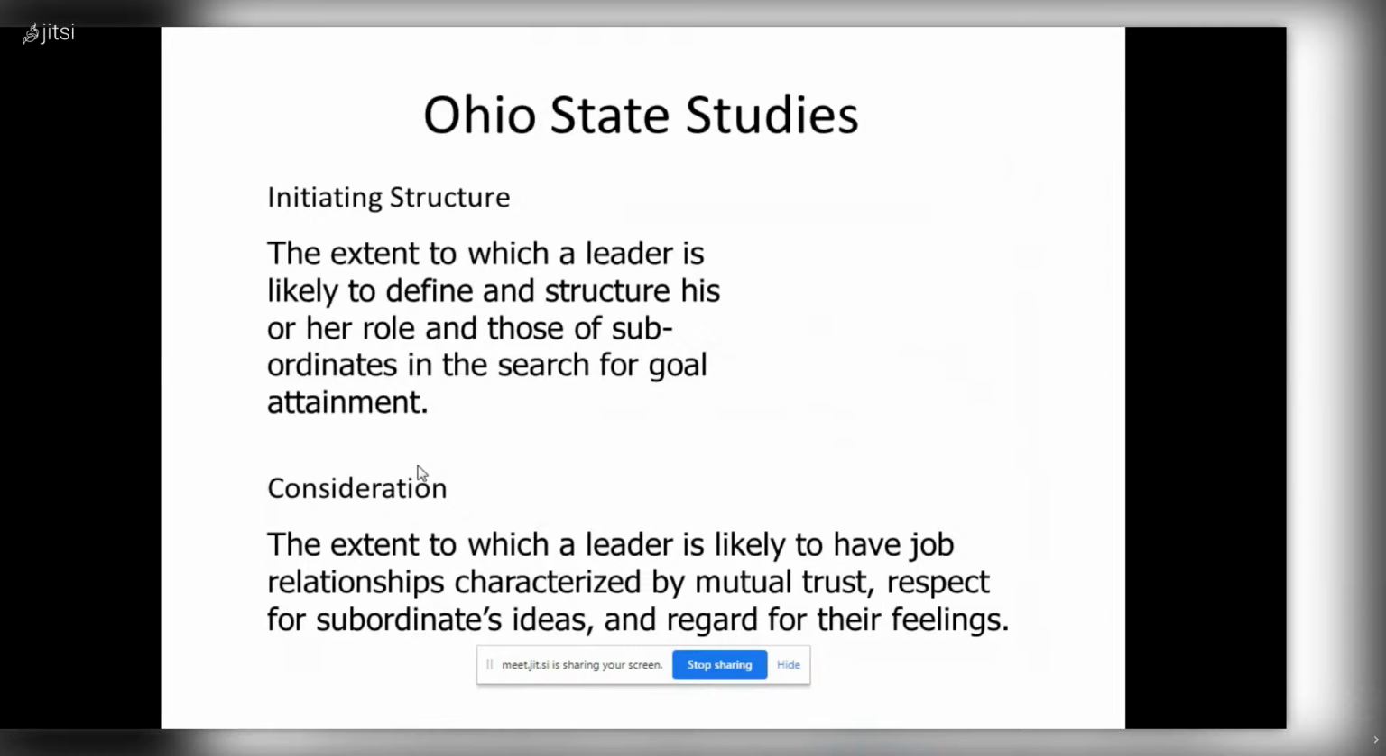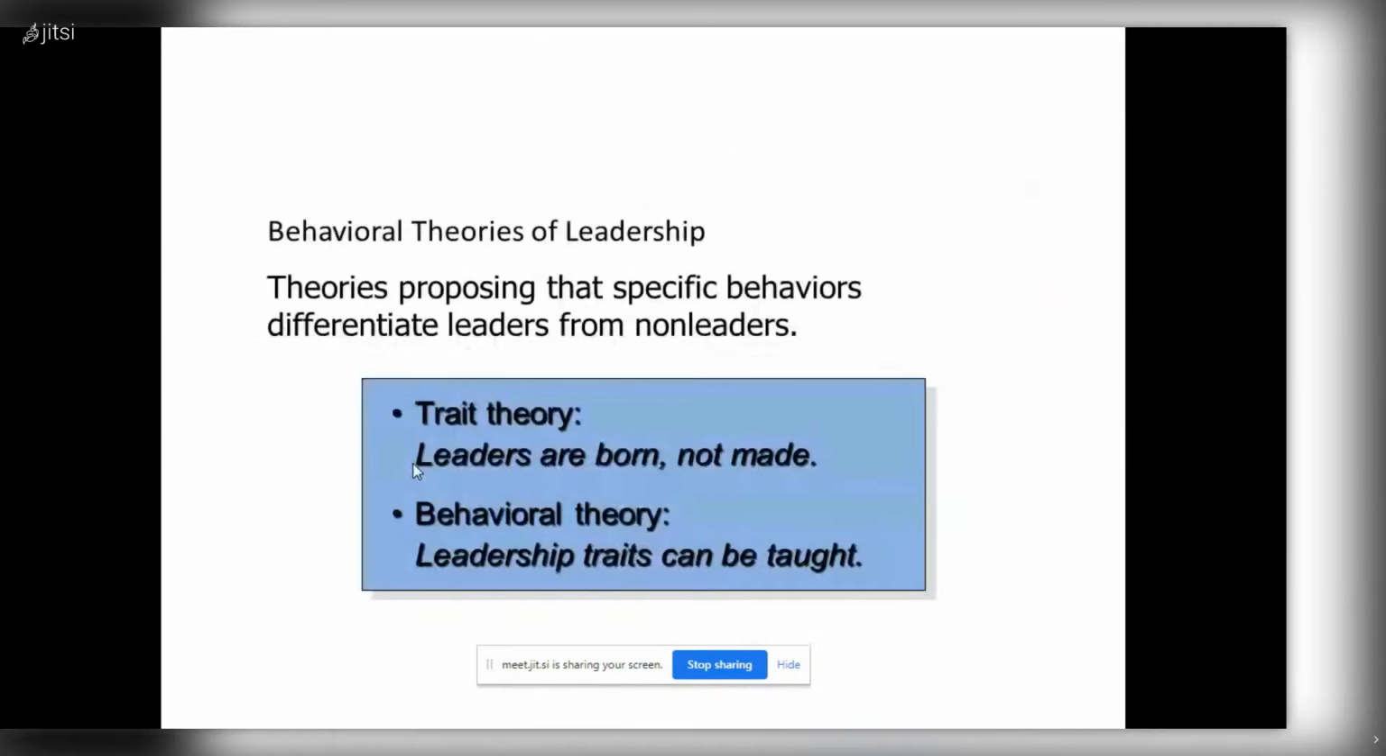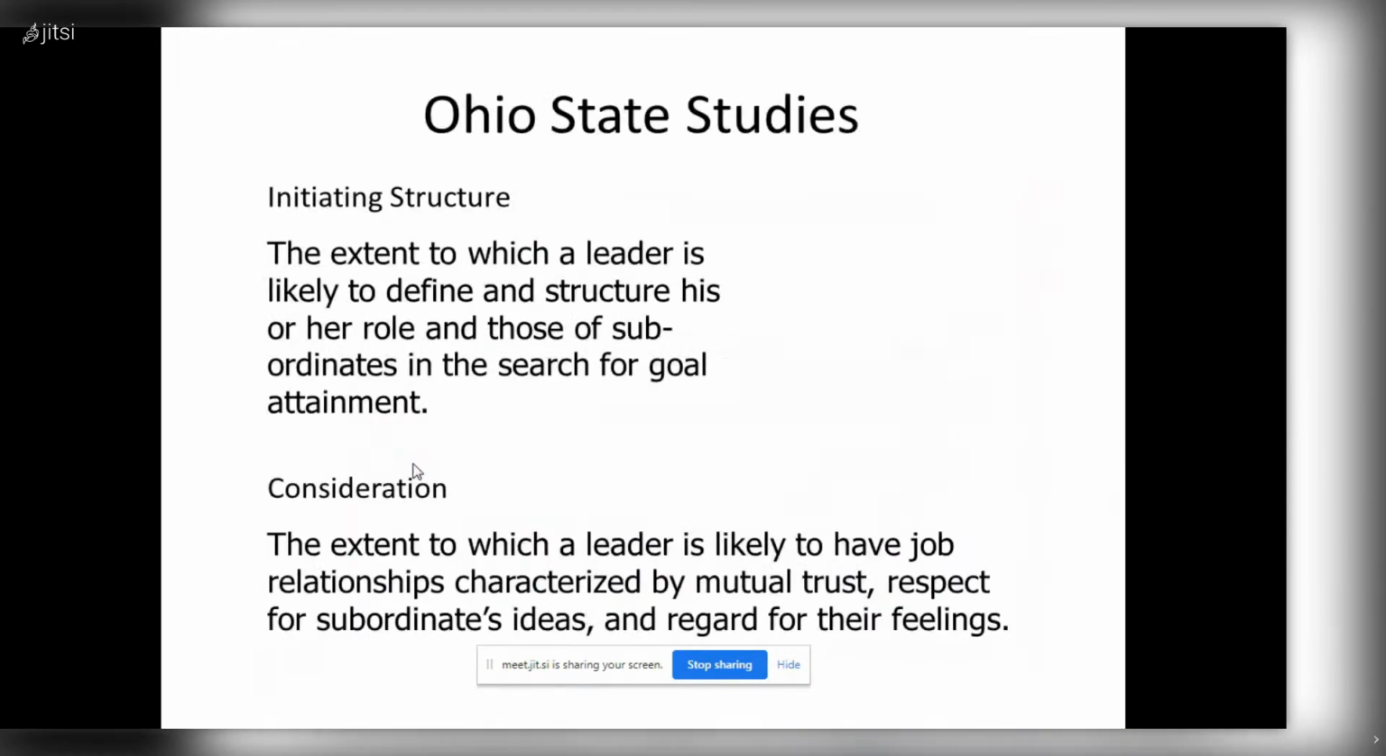But there is another study, the University of Michigan studies. Before that, the University of Iowa also studied,